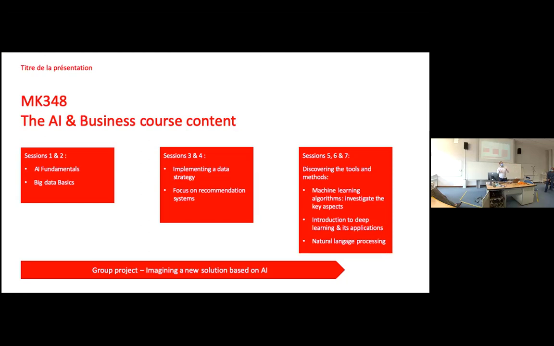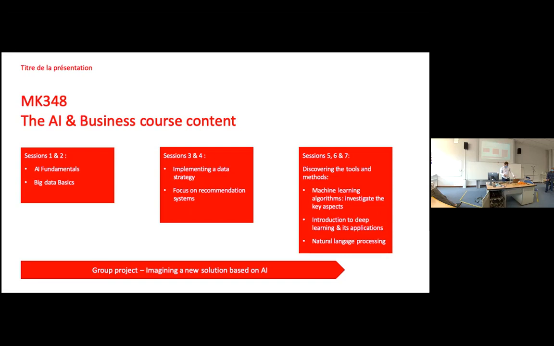After that, we go into what happens when you talk about AI and data in an organization, starting to talk about how to implement a data strategy and what to think about. We take the example of recommendation systems, how do they work? Because this is probably one of the most used today every time you search on the internet or buy something on Amazon, or even the more basic recommendation system: your friend, the librarian, or the waiter at the restaurant next to you.